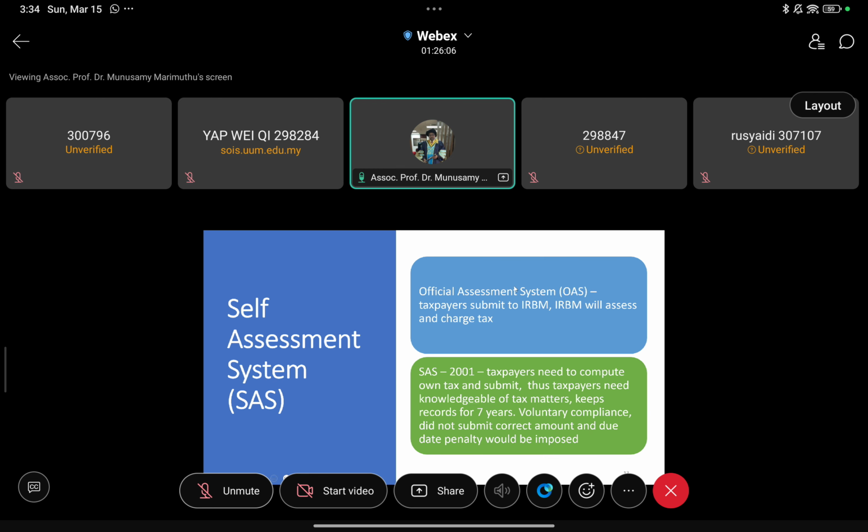This is the old system, but now from 2001 onwards, all submission, assessment and charging of tax will be done by the taxpayer. The taxpayer fills out the form, and you put all the data there, the computer will compute the tax, and you have to submit. The moment you submit, the moment you press enter,